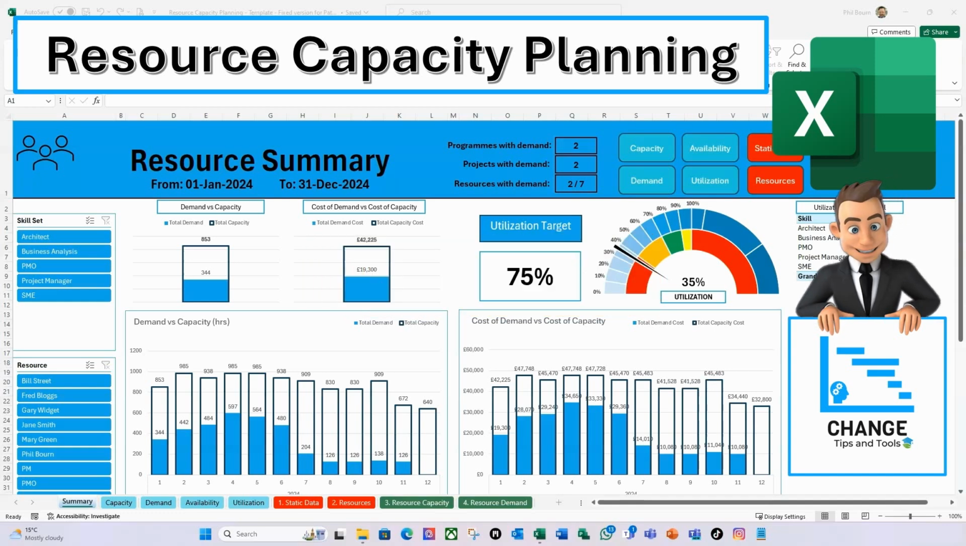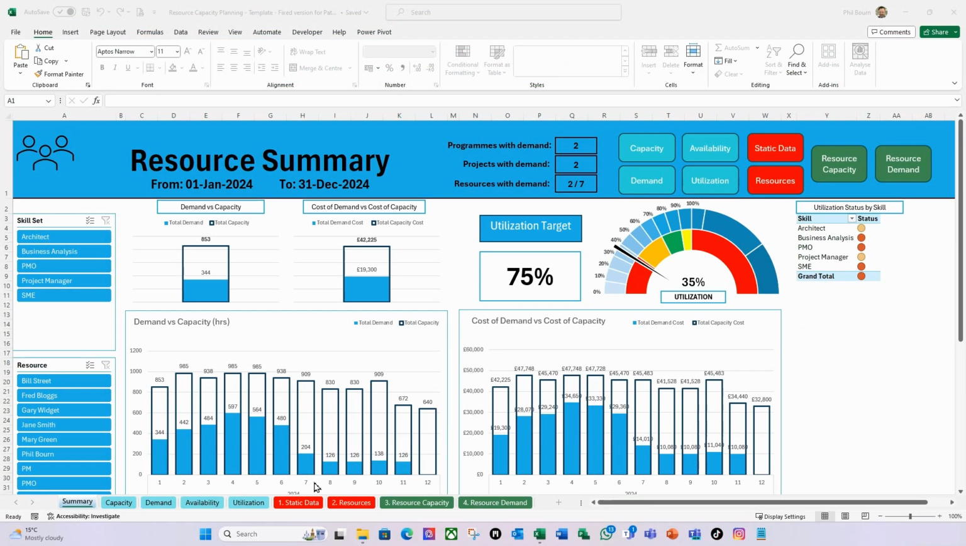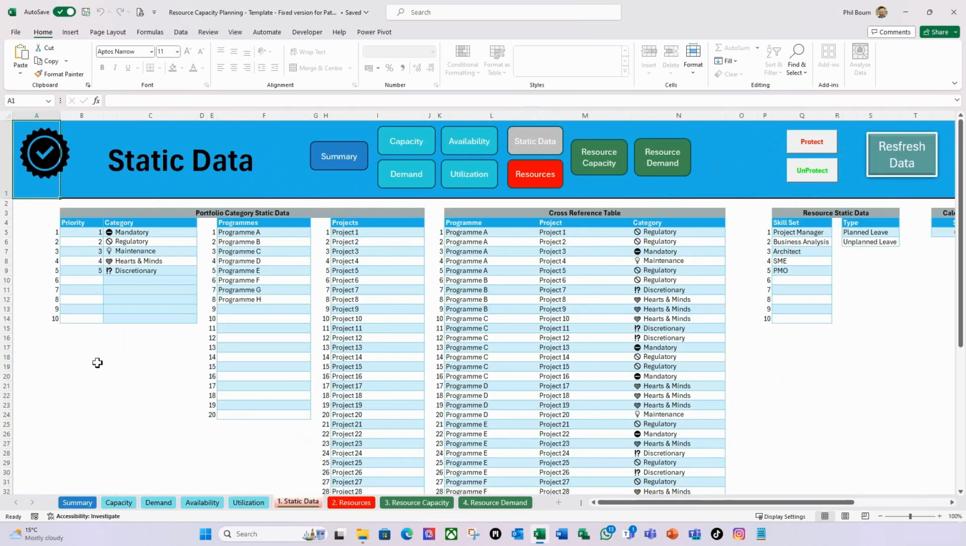Now, the purpose of today's video is to create the base static data tables of this resource capacity planning template, and by the end of this video you will have learned some new tricks with Excel functions and Power Query. So in today's video I'm going to show you how to create the static data part, i.e. the base tables. So we're going to look at the portfolio category static data, the cross-reference table, and when we're